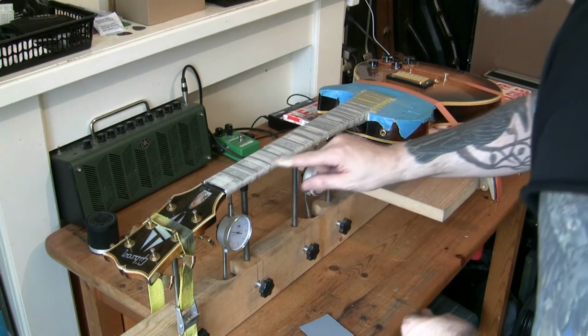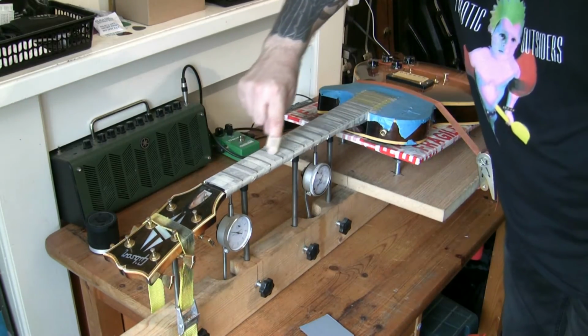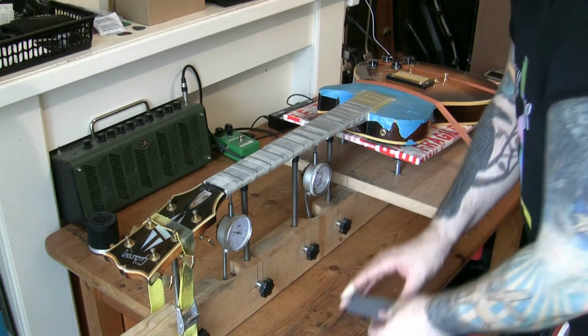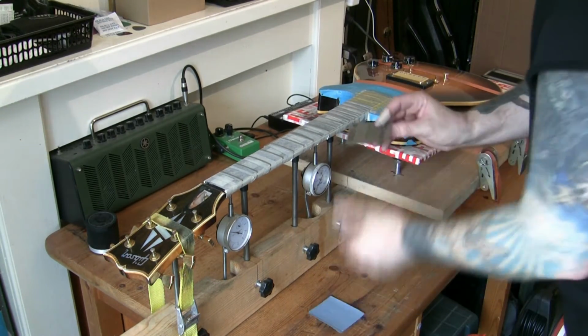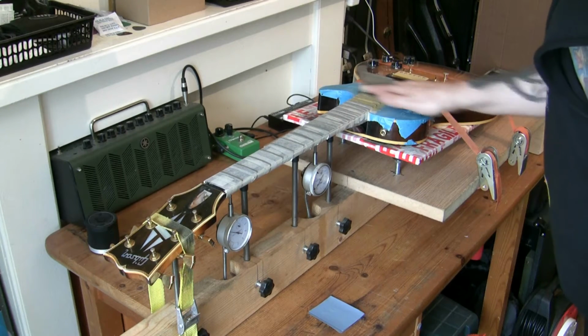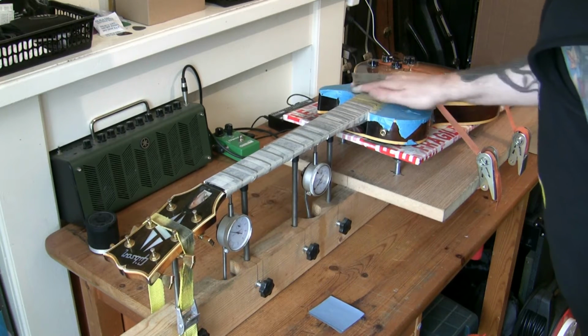Two, it softens the edges of the bevels, you can't even feel them now. And three, it puts scratches this way on the frets. And what I do then is, when I come to doing the polishing, start with 1000 grit, I will remove those scratches going this way. And I'll go right inside, get the finger right in there,